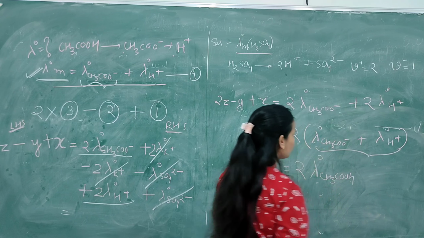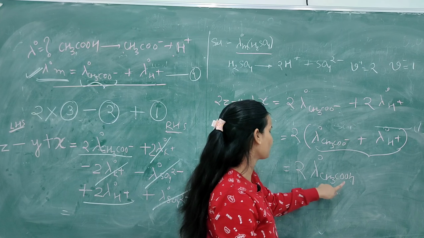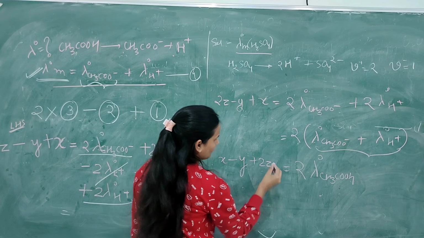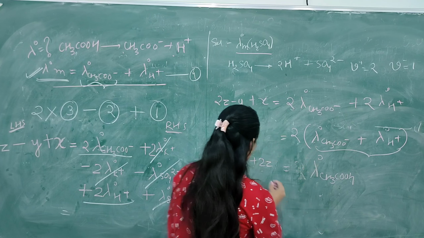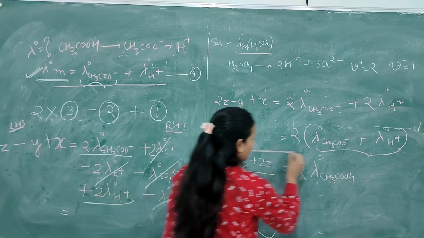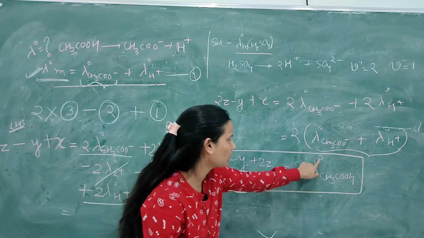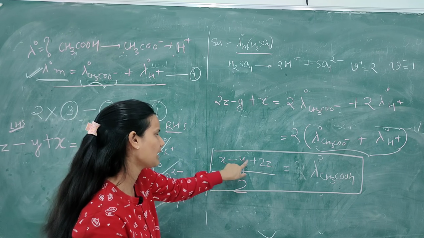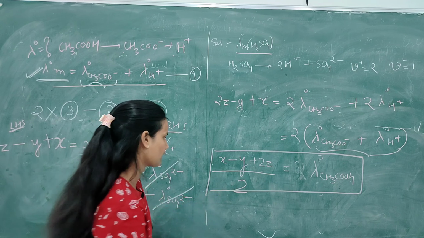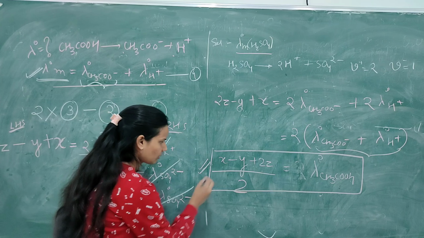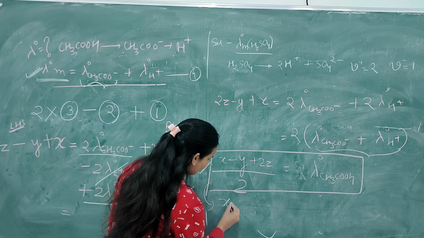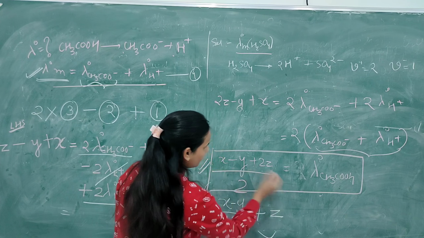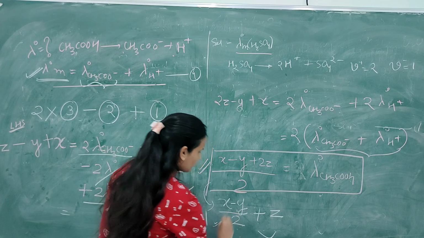This value was giving me the molar conductance of the complete electrolyte, and this is given by x minus y plus 2z. So simply keeping this 2 here, we have found the molar conductance at infinite dilution for acetic acid, that is x minus y plus 2z divided by 2. This is the answer. Also in competitive exams sometimes you can get an option like this, x minus y divided by 2 plus z, like you simply separate, basic maths you can do. So this is the answer.